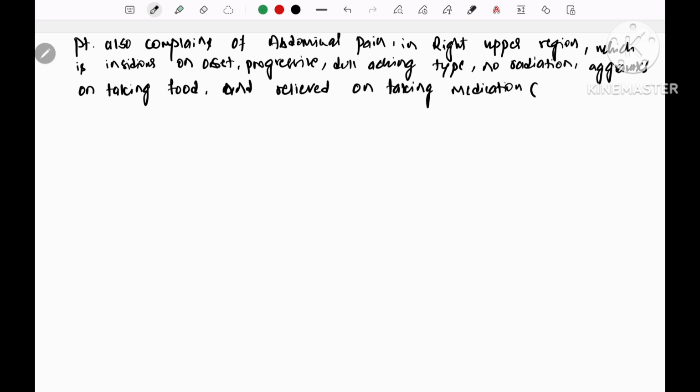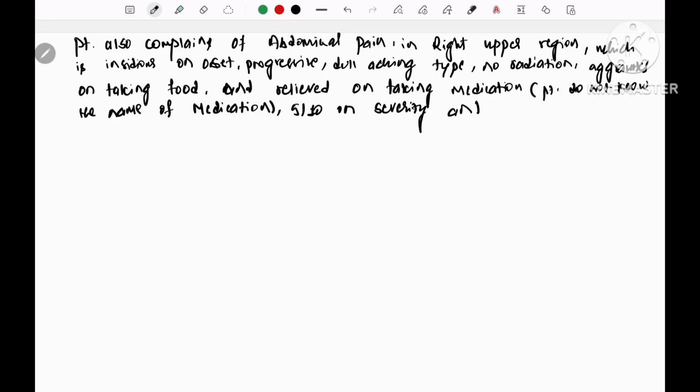But if the patient does not know the medication, we have to write that the patient does not know the name of the medication. And pain is usually 5 by 10 on severity